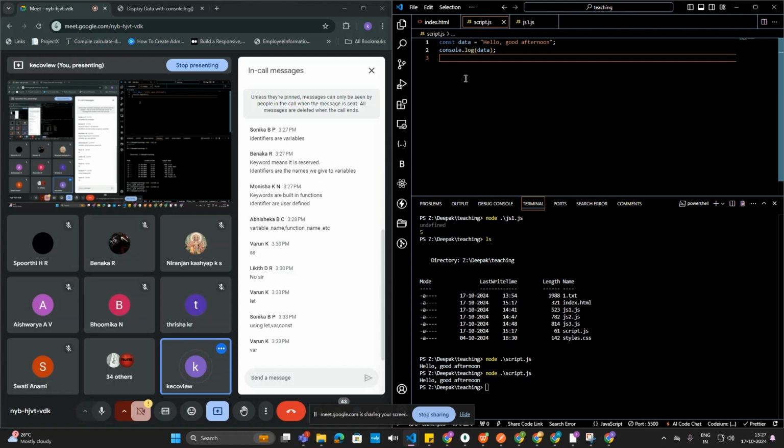Okay. So Varun and Sonika, you guys are right. So var, let, and const are the ways that you declare JavaScript variables. One of the things that you guys need to remember, and you could even search it up,